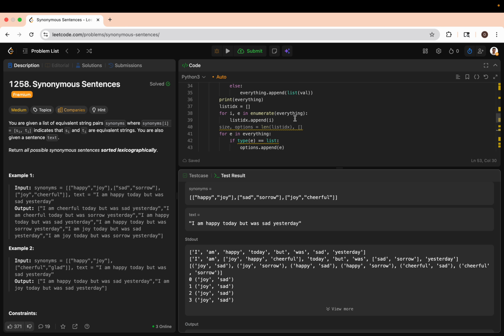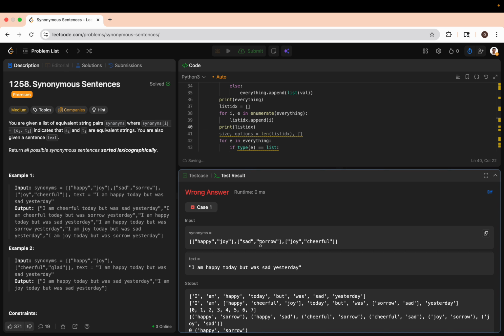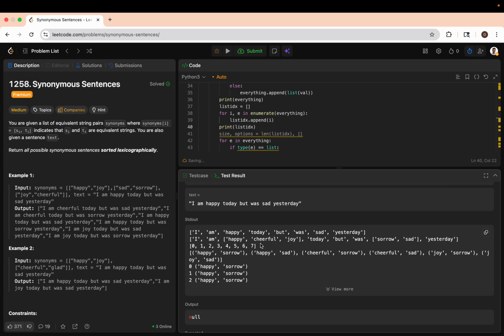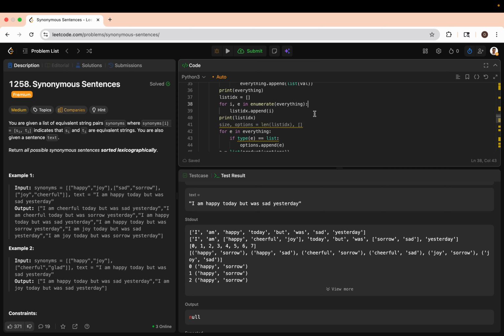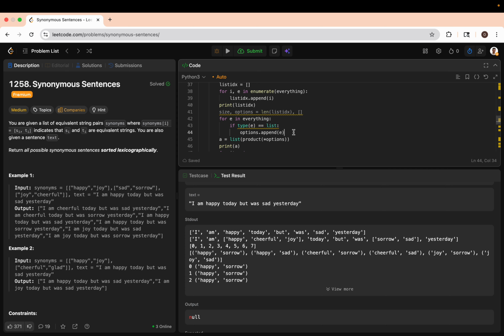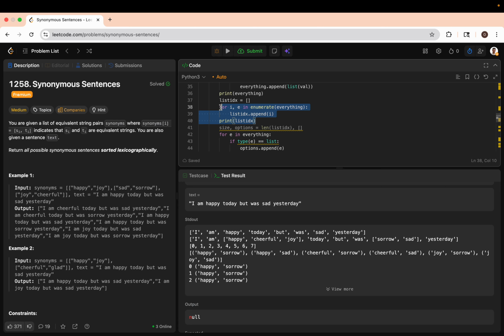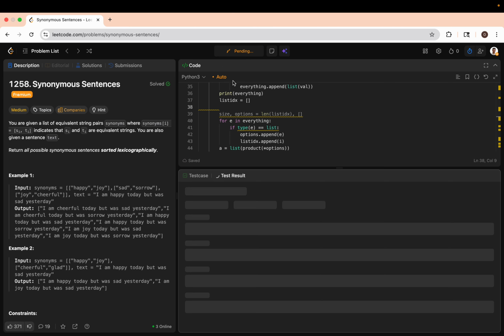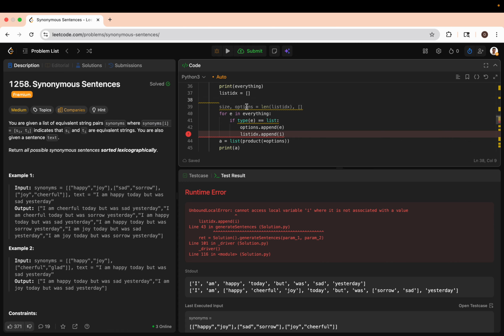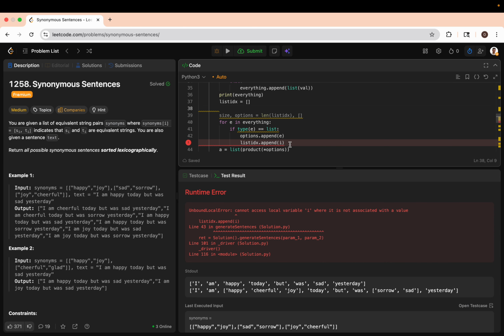No, but list index is what? No. So the heck? Okay, list index dot append I, right? I think we messed that up somewhere. Oh, list index